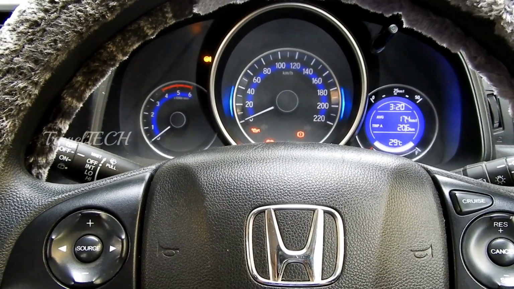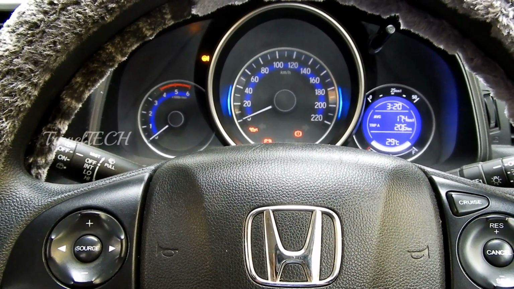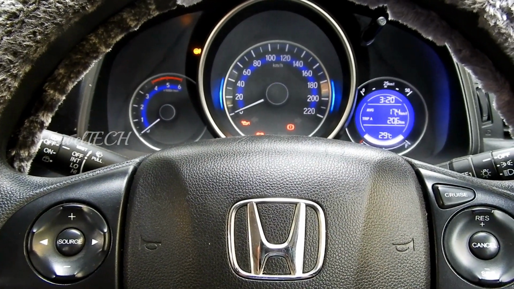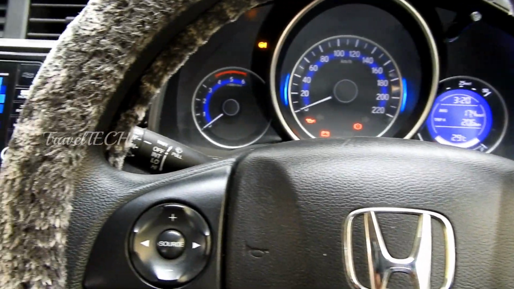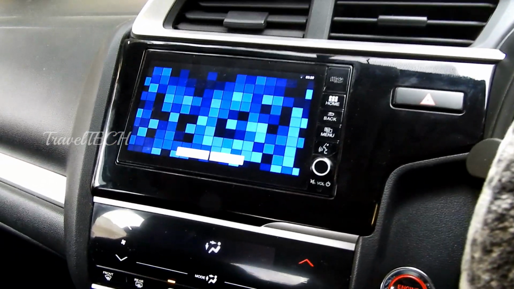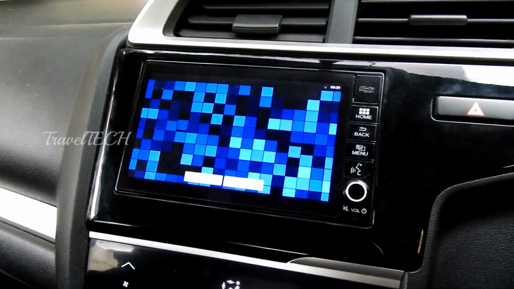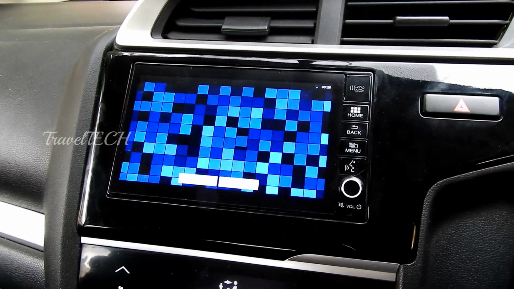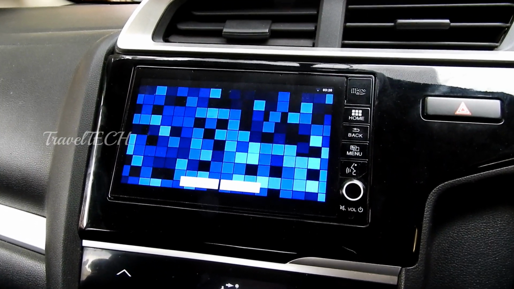The Festival of Lights is here, and what better way to celebrate the Festival of Lights than to have some lights in our car as well? And I'm referring to none other than our Digipad. So it's time the Festival of Lights also came to our cars and our Digipad, and I hope you like this lighted version of Digipad for this Diwali, and I think you should go ahead and get this.